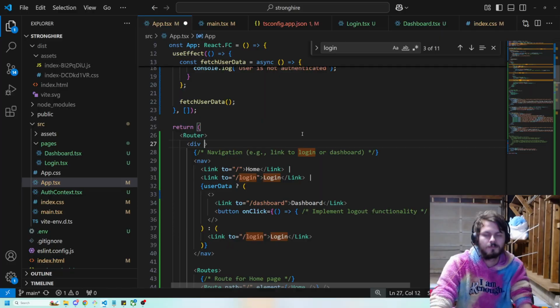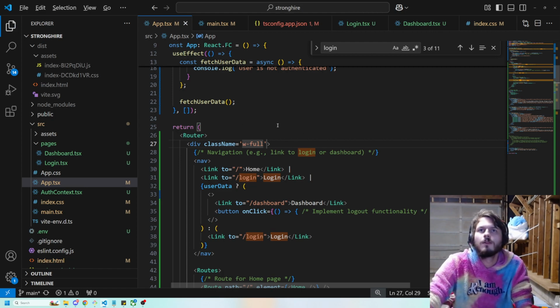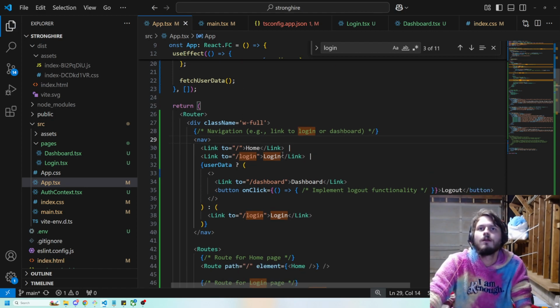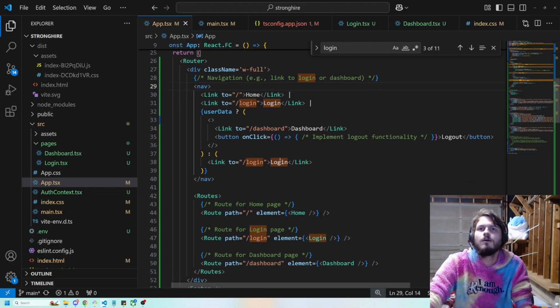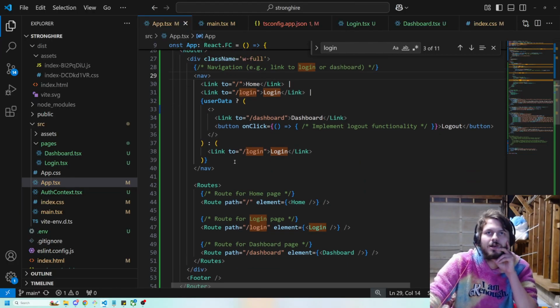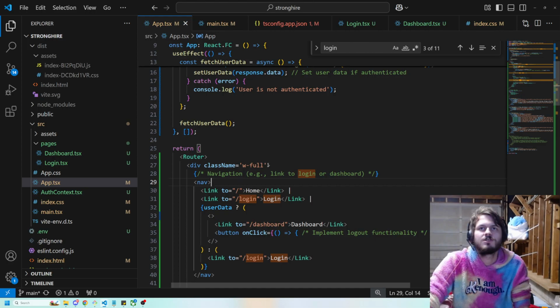Let's see. This name equals W full. Actually, wait, this is gonna be janky, right? That's not where it should be. This is just the, that's the nav. I need a,